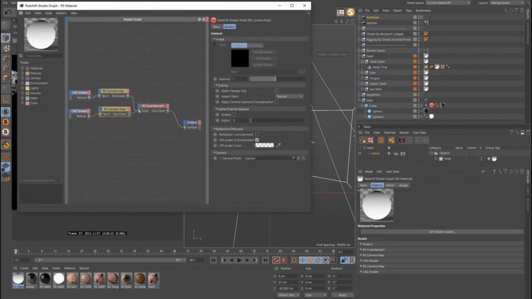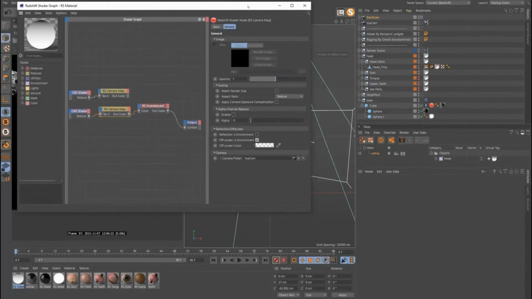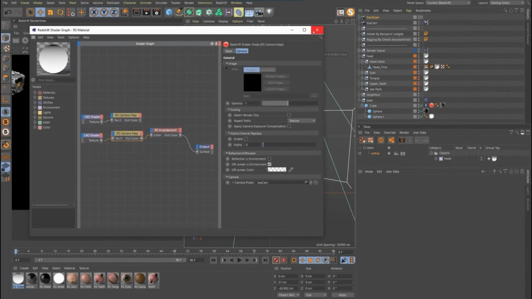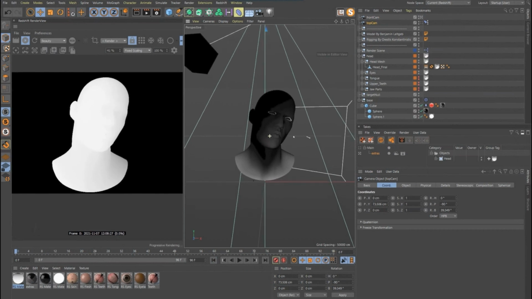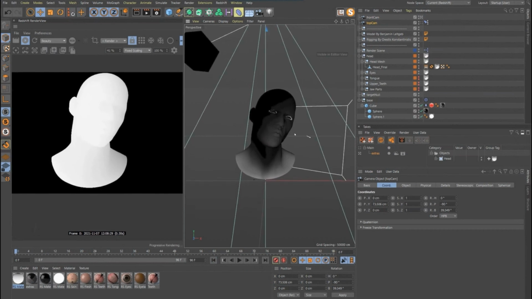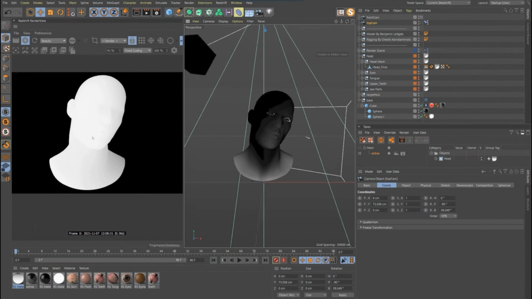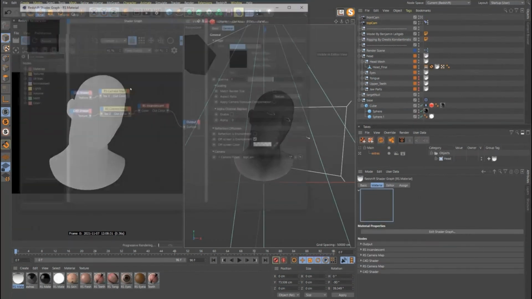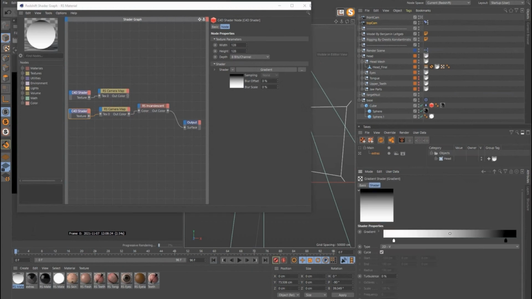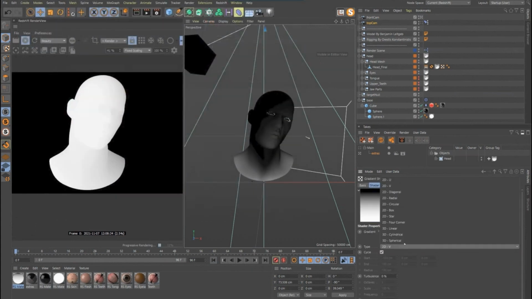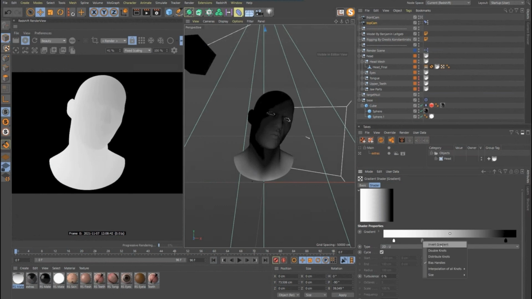We have that. So let's plug that into color just so we can test our gradient. All right, so zooming in, moving around. There we go. Our gradient, you'll see, is going left to right, so we don't want that. Let's open this up and let's call it U. And we'll flip these guys again.